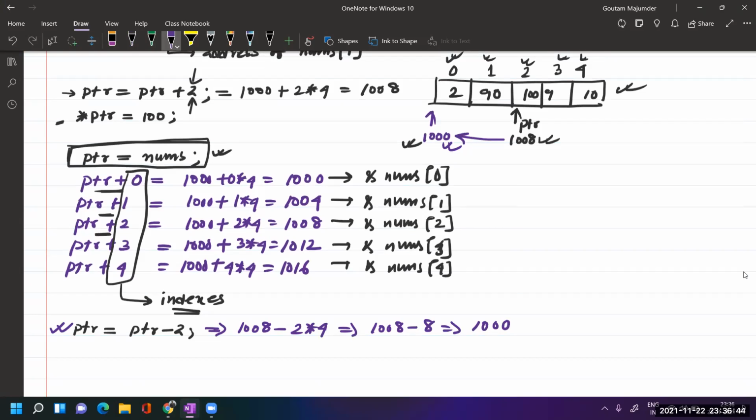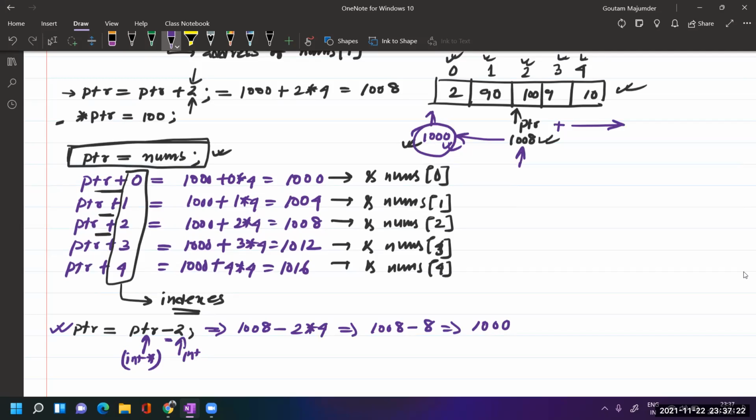So when we use subtraction between an integer and a pointer, this is an integer, correct? And this is an integer pointer. So when you perform a subtraction operation between an integer and a pointer, what will happen? It will generate an address previous to the present address it is pointing to. So this is the present address. Now it is generating this address. So when you do minus, it will go in this direction, and when you do plus, it will go in this direction.